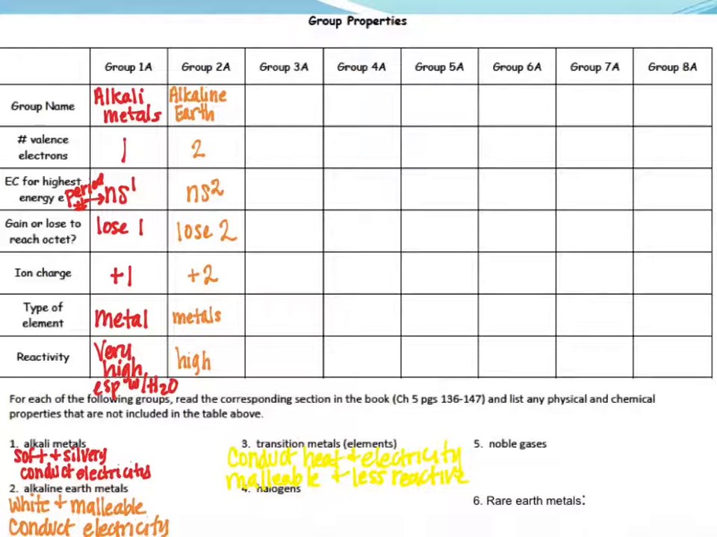Group 3A. These names are very original. It's just named after the element at the top of the group. So this is the boron group. Number of valence electrons? 3. These are going to end in